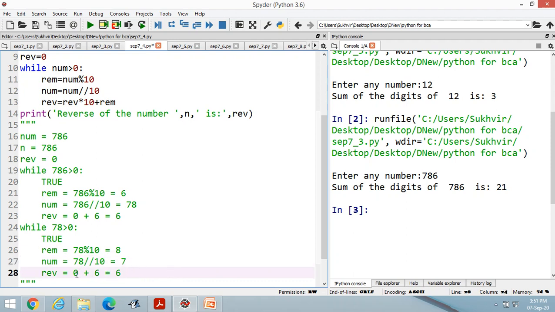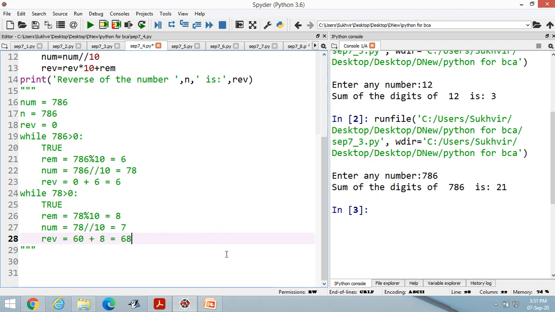What about this value? Reverse is equal to reverse multiply 10. It means 60 here because 6 multiply 10 plus remainder. What about remainder? It's 8. Here the value is 8 and answer is 68.